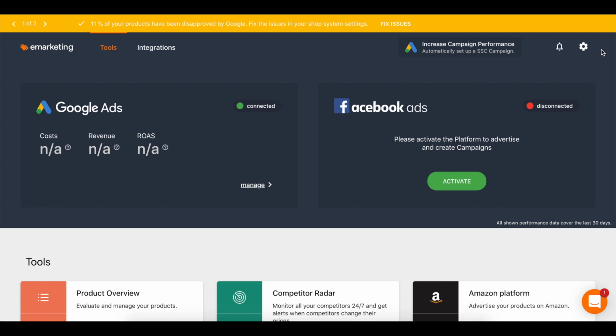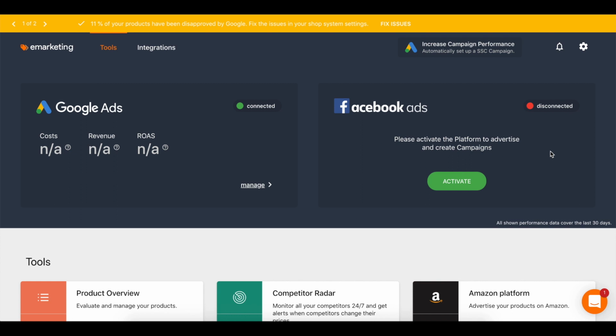This is the dashboard tutorial, so app.emarketing.com/overview. This is the first view that you see when you sign into your eMarketing account. The eMarketing account is free, so even if you don't have ads running, you can also use this platform. You can also create ads in this platform, Google ads, Facebook ads, even Amazon advertising. So I want to go over quick how this tool works, what you can see in your dashboard, and what it can tell you about your advertising spend.